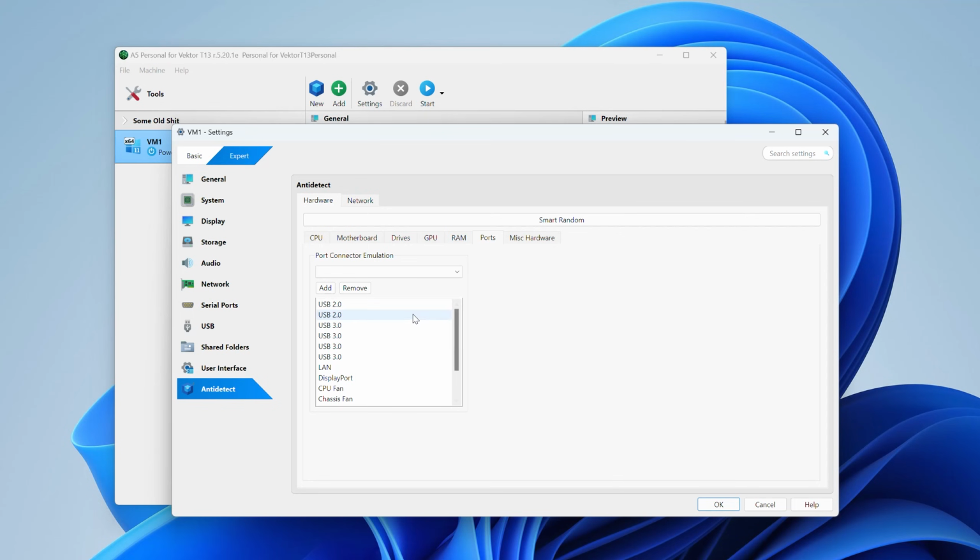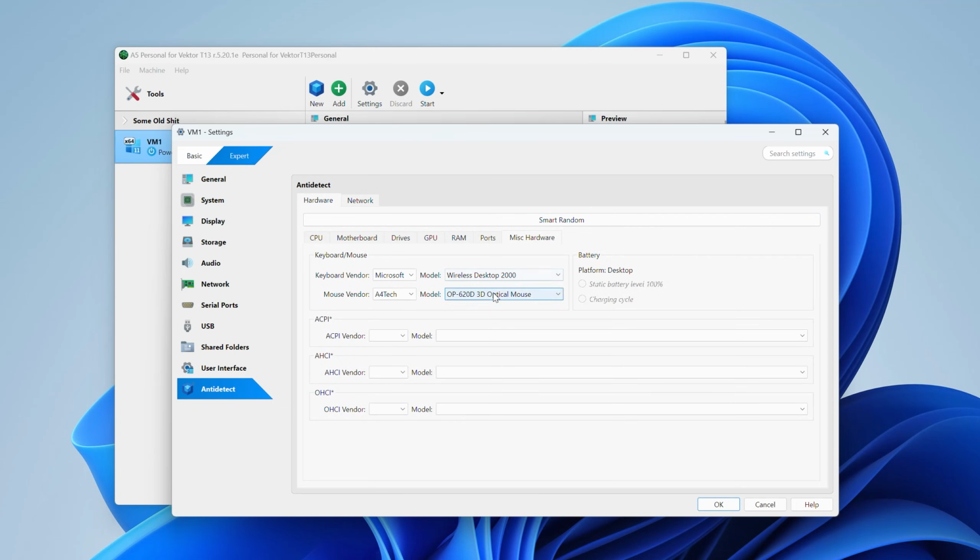Next is the Ports tab. The Ports tab is active by default. That is, you can see at the top we have the selector of our ports, and there is a standard set that matches your motherboard. They are already active here by default. The Misc Hardware tab allows you to emulate a mouse, keyboard, but also additional hardware parameters that the average user does not need and only needs when using local software. I have familiarized you with this tab just as it is available. In this case, you do not need to carry out any fine-tuning.